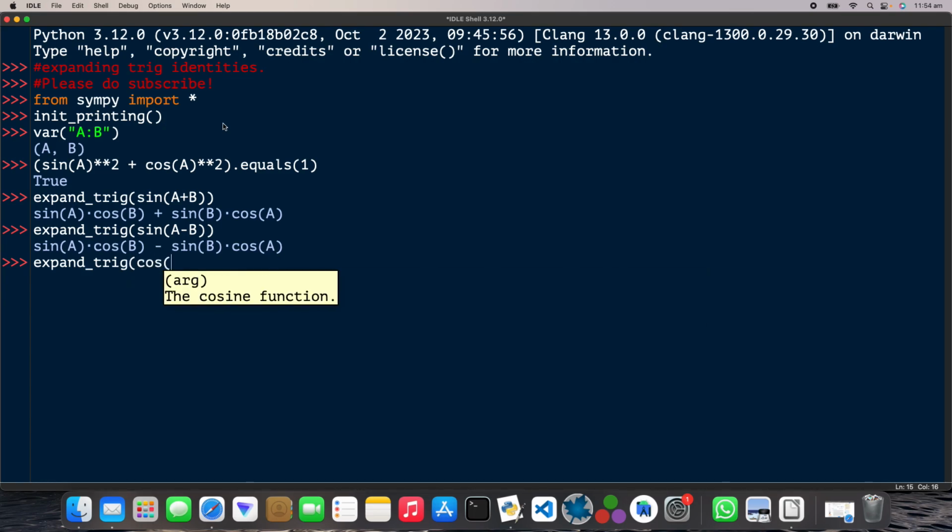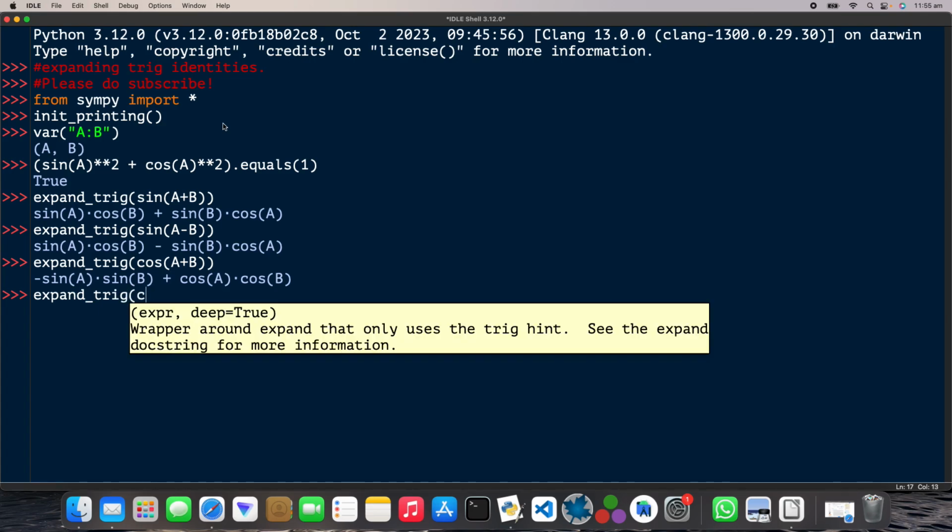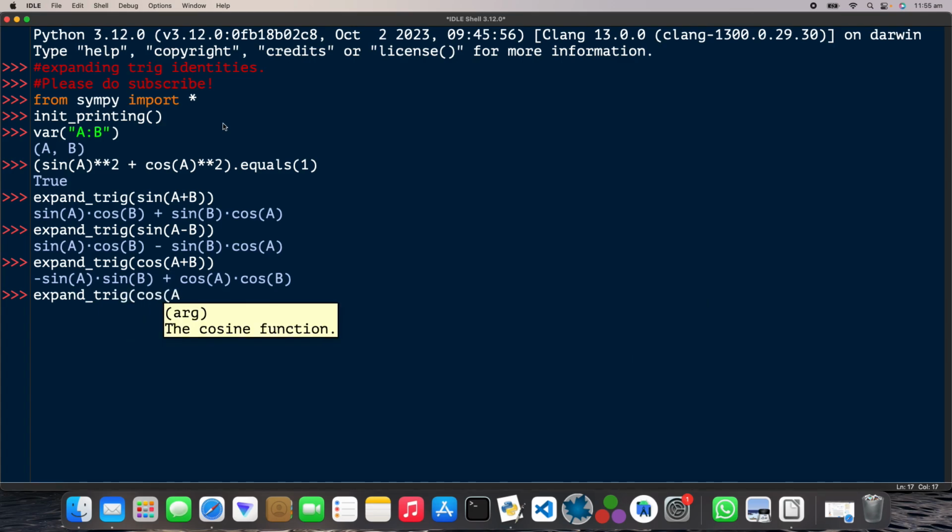So cos A plus B. There we are, and then expand trig cos A minus B. Right, we're getting there, and then looking at the tangent part, expand trig,